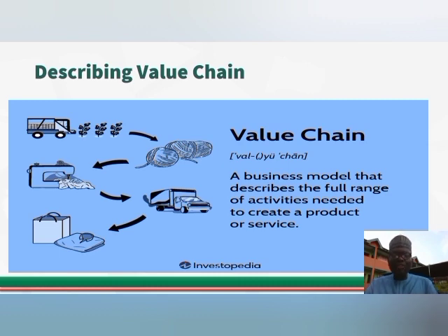Now, I always like to describe value chain using this illustration. Of course, value chain, according to Investopedia, has been described as a business model that describes the full range of activities needed to create a product or service. Full range of activities. Let's start with this garment factory. For example, it begins with the cotton plantation. Of course, for months, years, you harvest the product, which is the cotton, taken to a factory where it is converted into thread